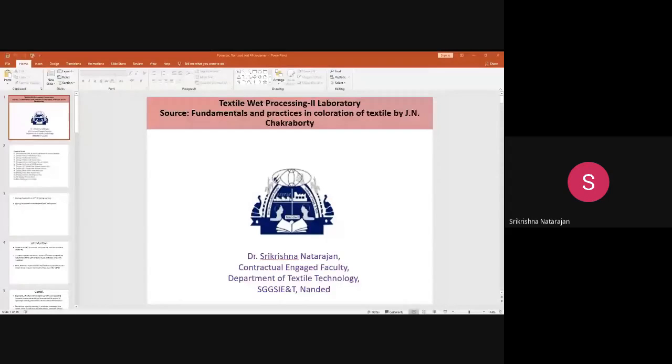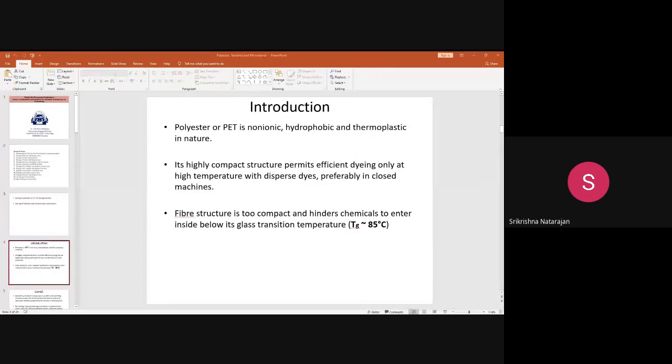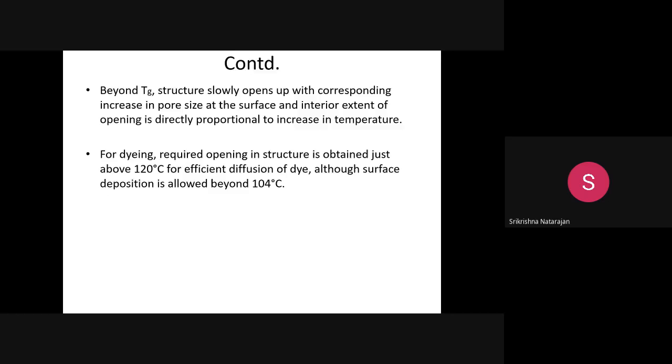Okay. So we were discussing the introduction part of the polyester. Regarding the polyester, the discussion was about the glass transition temperature. So what is this glass transition temperature? Have you learned it from natural fibers and fiber forming polymers? You have not learned. So I am giving you an example. What is meant by glass transition temperature, with the help of a butter example. You can just see this.